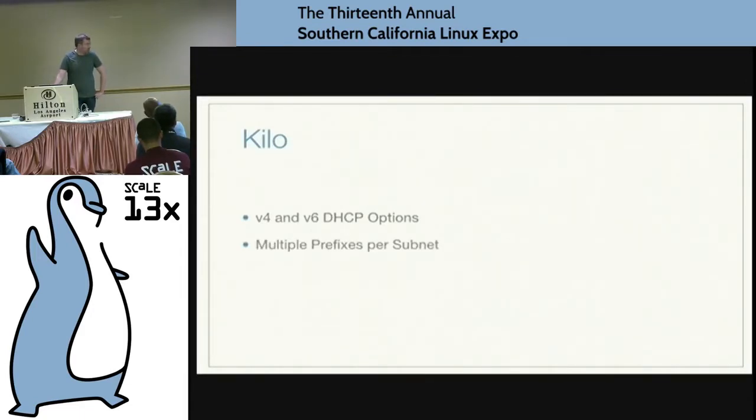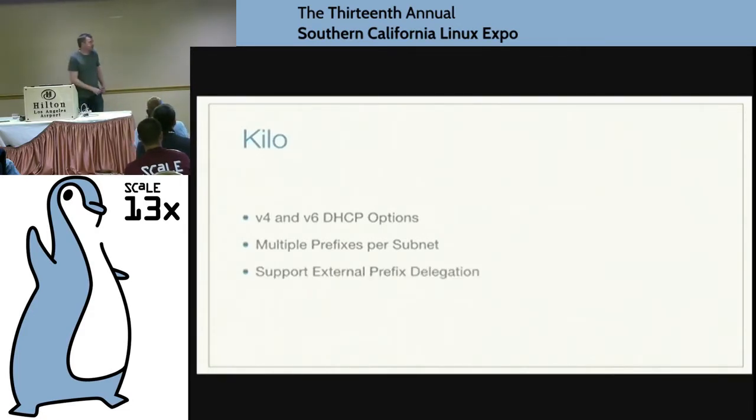Another one of the changes we're making is to allow multiple prefixes for subnets. With RAs, you can announce multiple different prefixes, and all the hosts will get addresses and configure themselves for each prefix they receive. So it's a very easy way to renumber a subnet. You just start announcing a second prefix, and have all the hosts wait till they get the RA announcement. They'll update their addresses, and depending on how your applications are set up, unless they're bound to a particular IP, you'll have the ability to renumber a subnet.